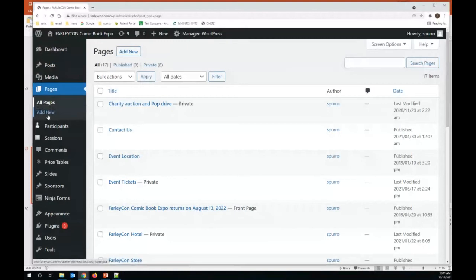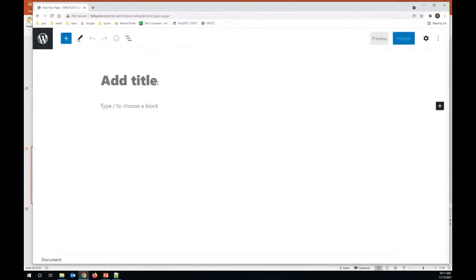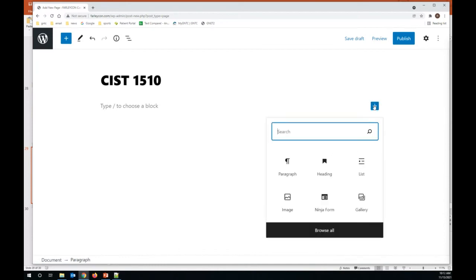I'm going to create a page. So to create a page, it's going to come up with a visual editor, so I can edit these. We'll name this CIST 1510. Now, to add content to this, I can click the plus symbol, and it brings up the options for me to add